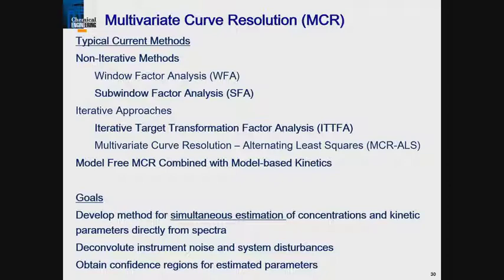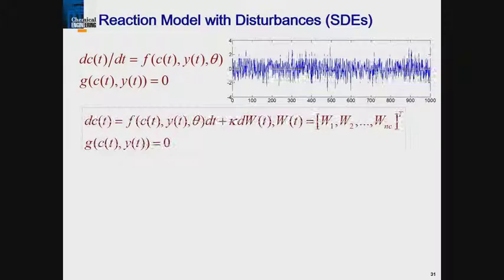These methods here are widely available, widely used. There are websites for these. And not to be too pejorative, they're developed by chemists. Okay, so they're happy with that. But then the problem is, once you get your C matrix, you still have to go and estimate the parameters. So now you have this convolution or this mixing of different data structures, error structures, which is a problem. So we start with this problem, and then what we're going to do is take a look at the disturbances that come from the model, all right?